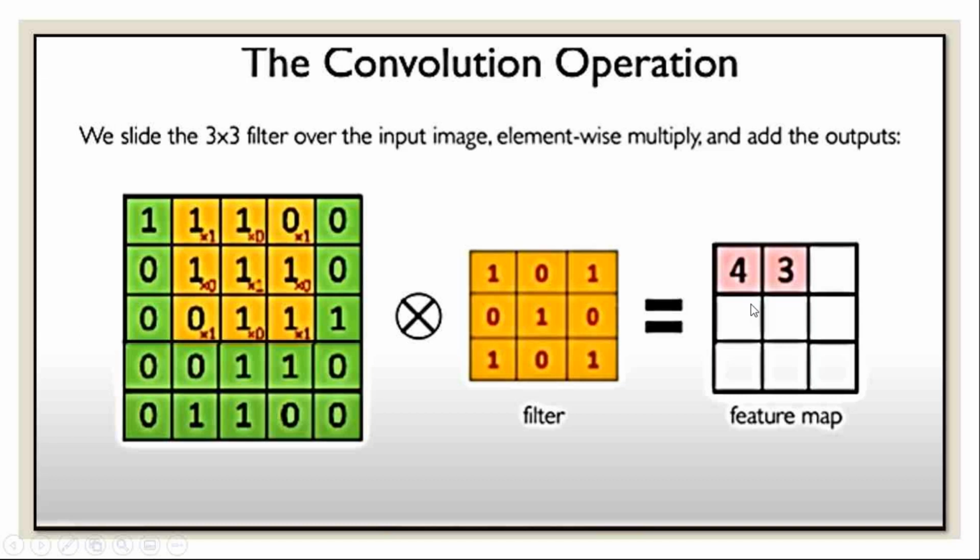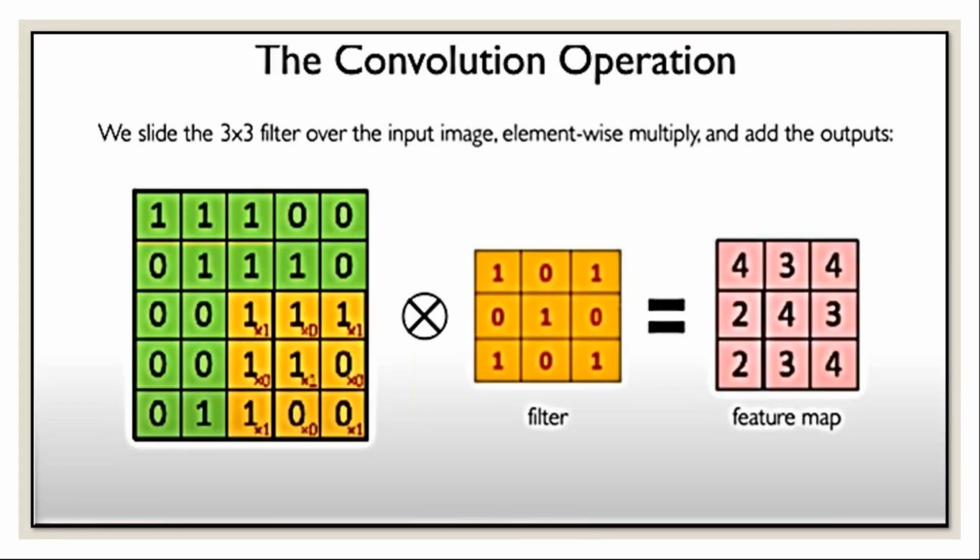Okay, see here. Next, what do you have to do? You place the filter in the next position. You have to move the filter row by row and column by column, right? So now you shift your filter first column wise. You apply the filter, and what do you get finally? 3. So that is in the feature map. Similarly, you apply your filter to the entire image and get a complete feature map.